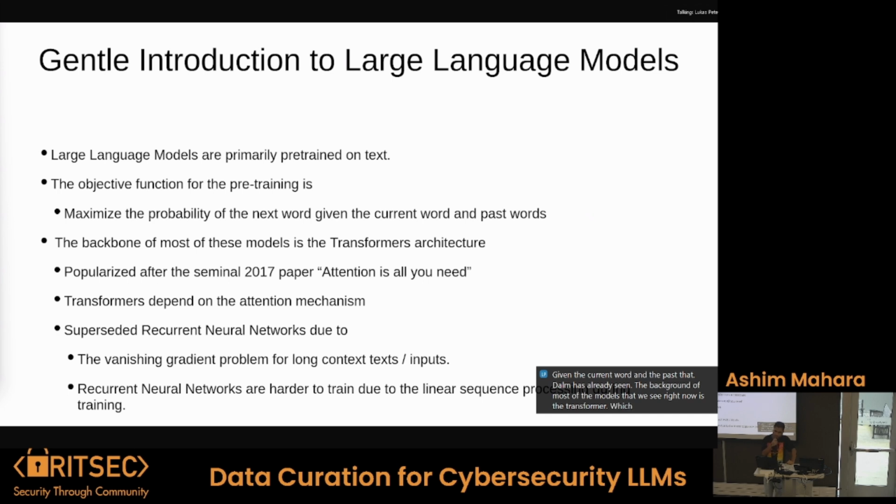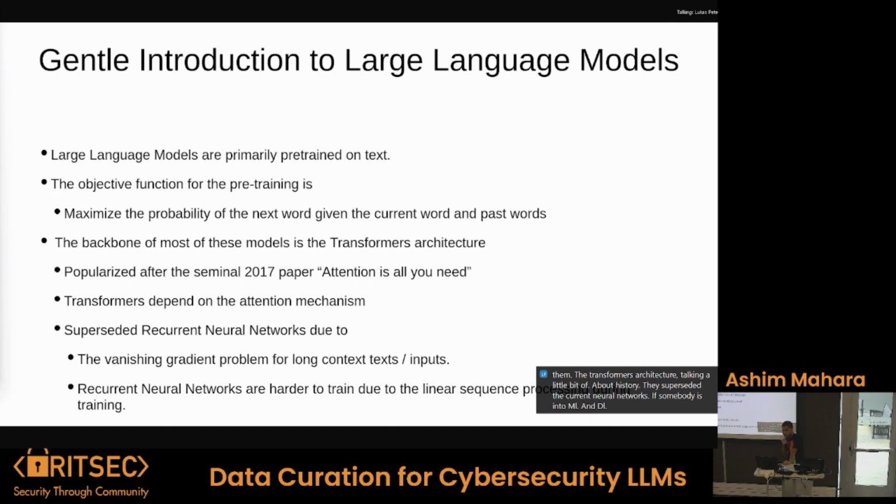The backbone of most of the models that we see right now is the transformers model, which was popularized after the Attention Is All You Need paper. And transformers are only using the attention mechanism for doing a lot of their processing inside of them. Talking a little bit about history, the transformers architecture superseded the recurrent neural networks architecture. If somebody's into ML and DL,